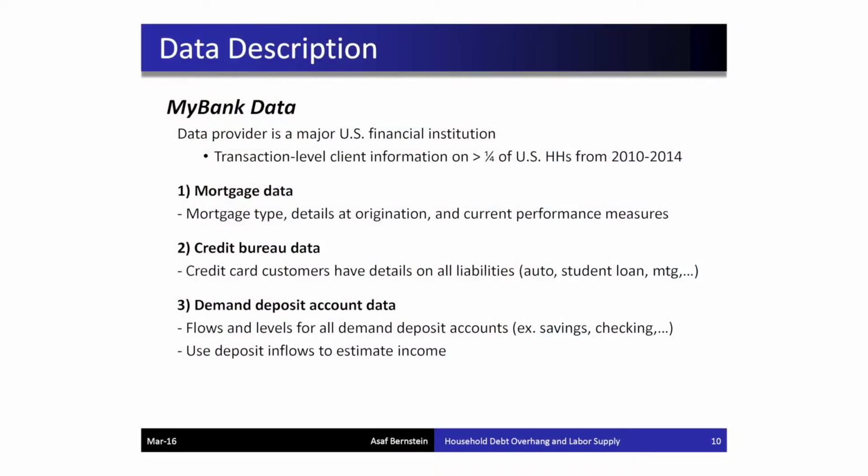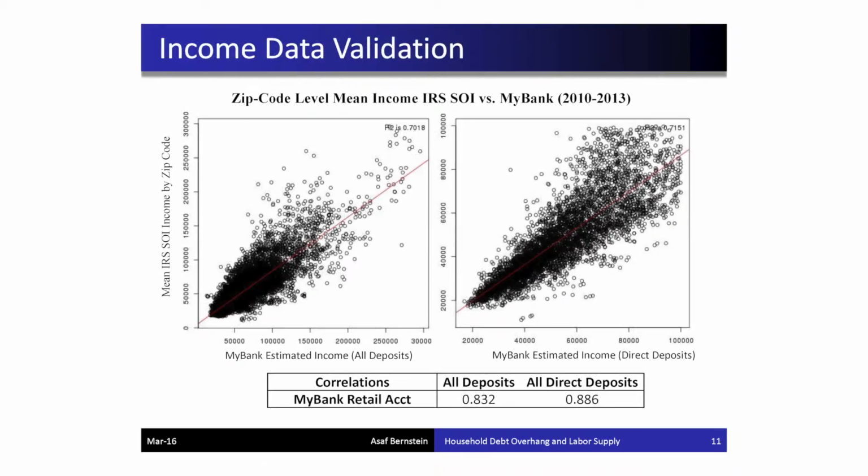So I ended up getting information, whether it's credit card, mortgage, or deposit information, on about 1 in 4 US households at a transaction level from 2010 to 2014. So a pretty cool data set. And what I do is I use deposit inflow. At the zip code level, I compare the deposit inflow measure that I use as an income measure with the IRS averages in those zip codes. And I have correlations about 80 to 90%, and you can even compare this at the individual household level, and they look very similar. So I'm relatively comfortable in this measure